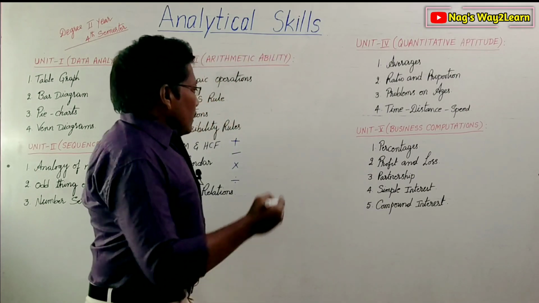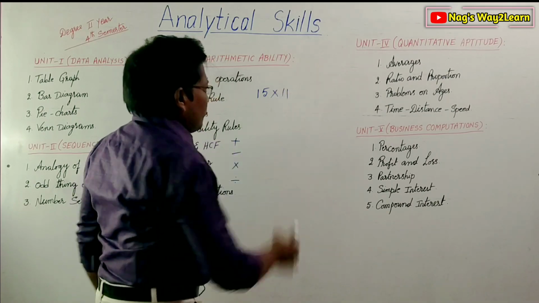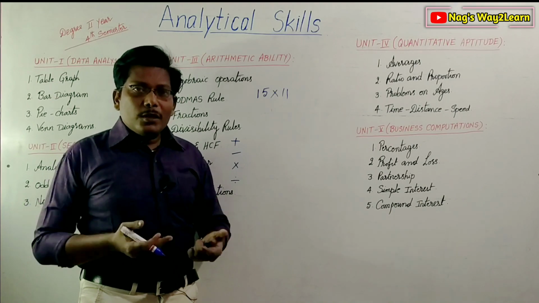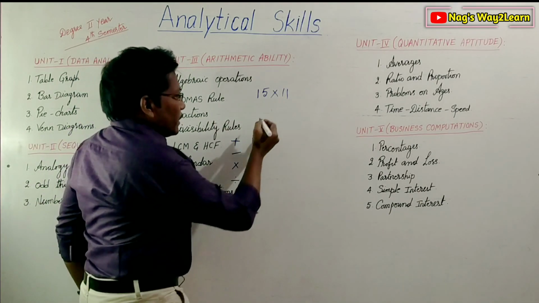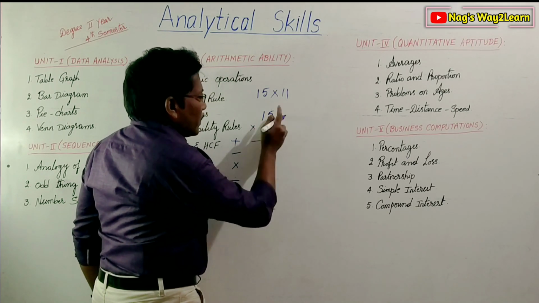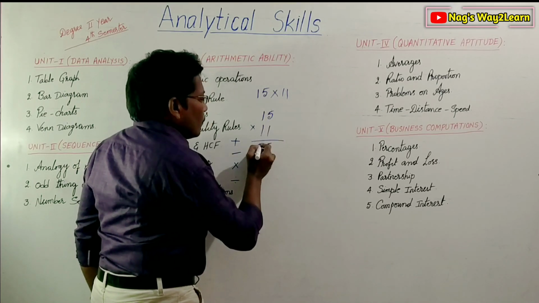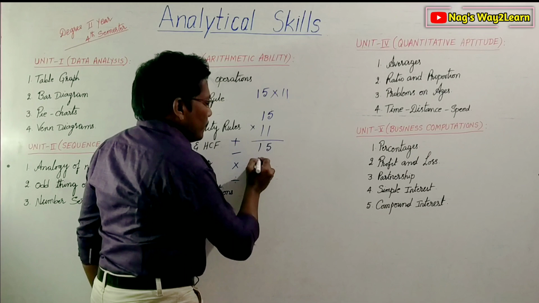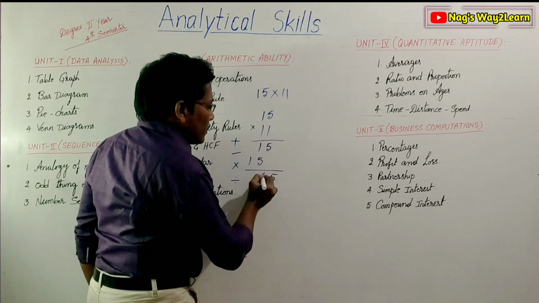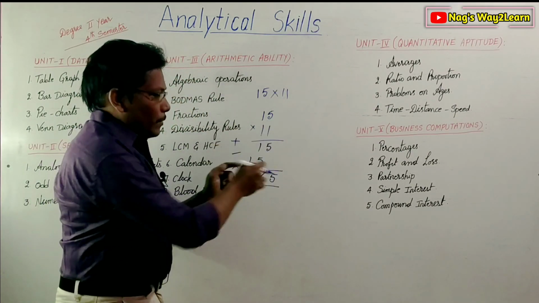For example, if you want to multiply 15 with 11, and you go in the traditional way, you do this problem like this. You take 15 and you take 11. Now we need to multiply these two. Then how do you do it? 5 ones are 5, 1 one is 1, 1 five is 5, and 1 one is 1, and 5 plus 1 is 6, and 1. We got 165. So this is the traditional method.